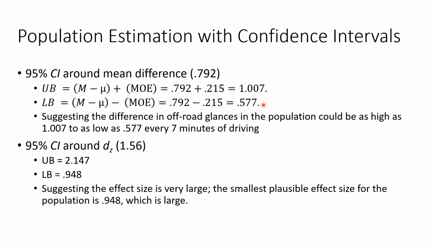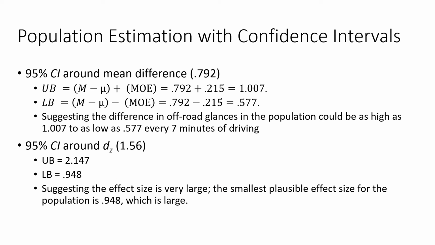You can also compute a 95% confidence interval around D. Again, you would use a point estimate and add a margin of error, but this is typically not done by hand. You use computers to do this. But in this case, the upper bound, and again, this is around D sub Z, so this is going to only be around the bigger D value. This is suggesting that the effect size is very large,